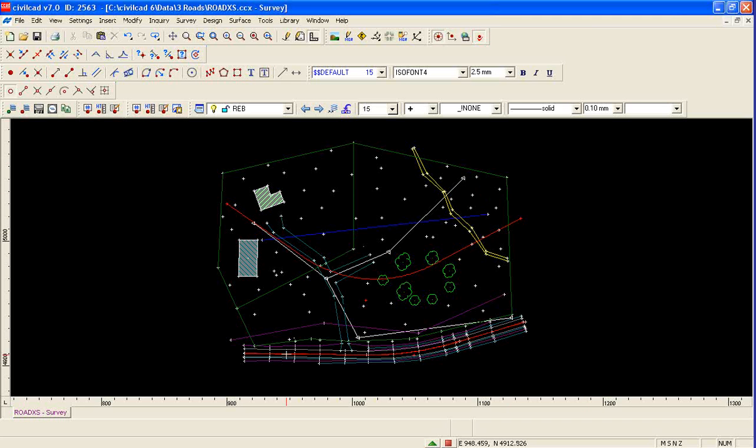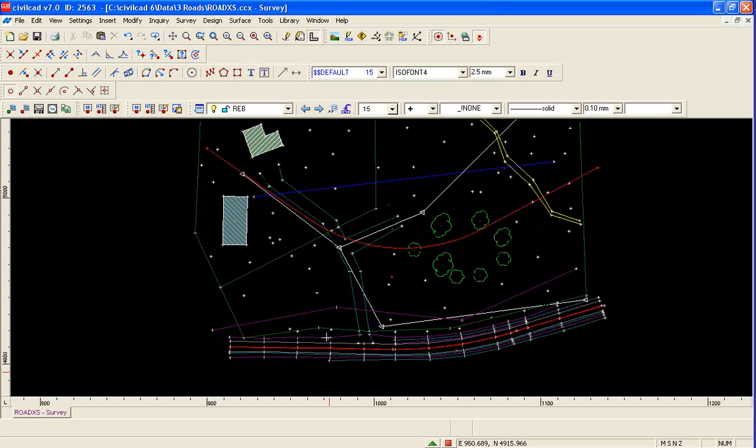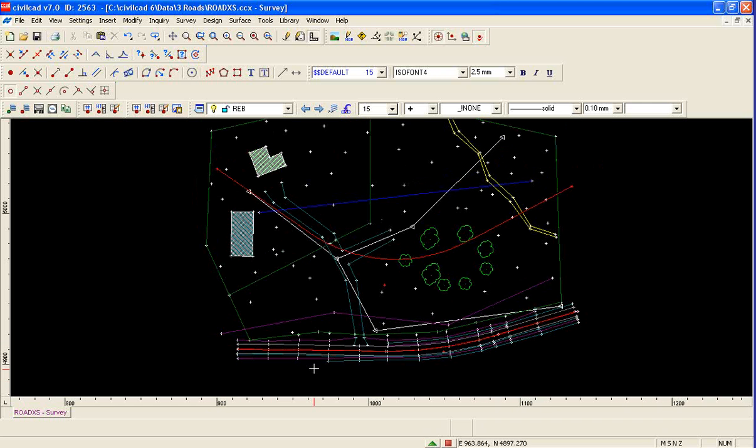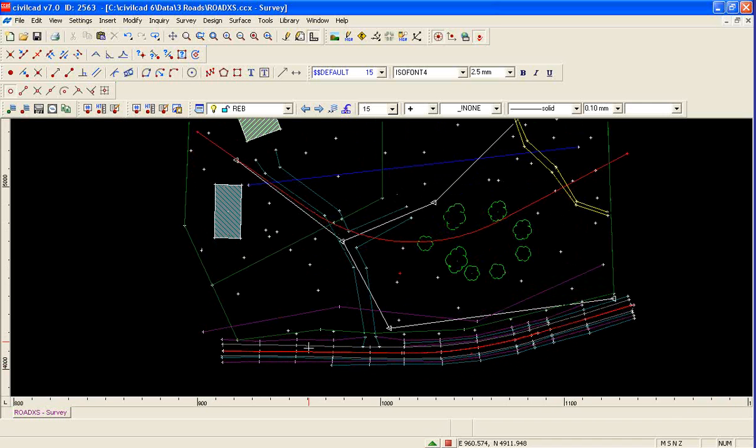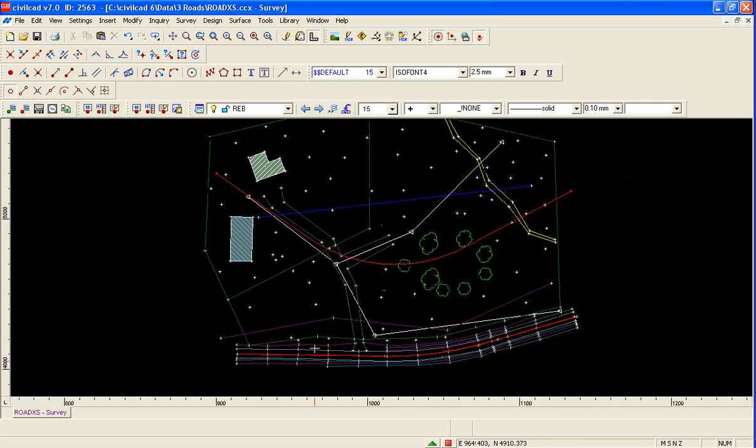Okay, this lesson is about layer grouping. A scenario that you might use this in would be what we've got here. We've got a number of road strings running basically parallel to each other, all in different layers. So if you want to turn that whole road survey on, we've got to individually deal with the layers of each of those strings. Okay, so what we might like to do is group them all into one layer group